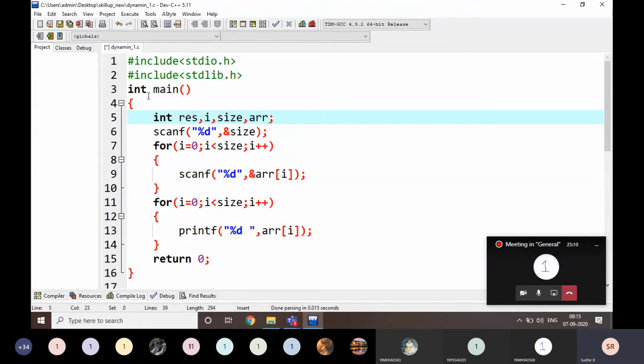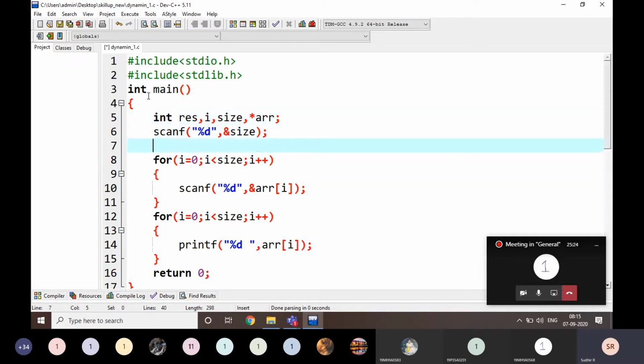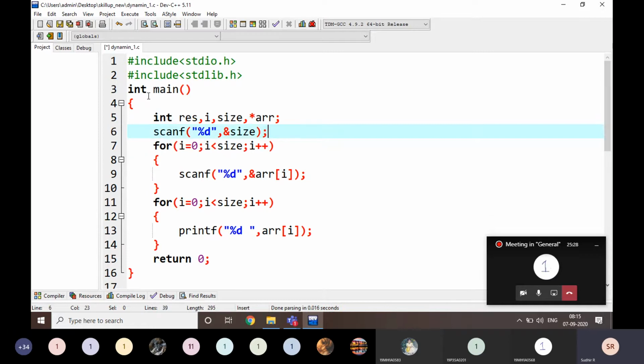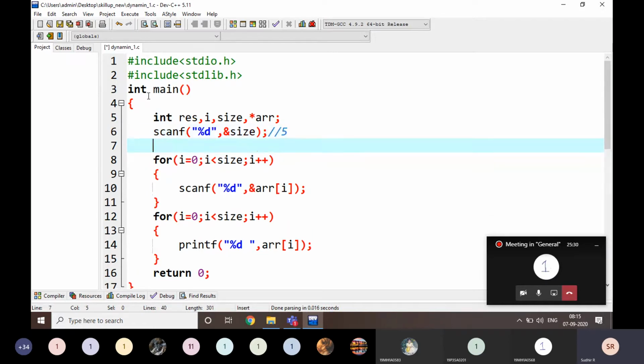But here we are going to delete the subscript part and take a pointer, star ARR. After reading the size, we know exactly how many elements there are. For example, if the size is 5, we allocate 5 memory locations.